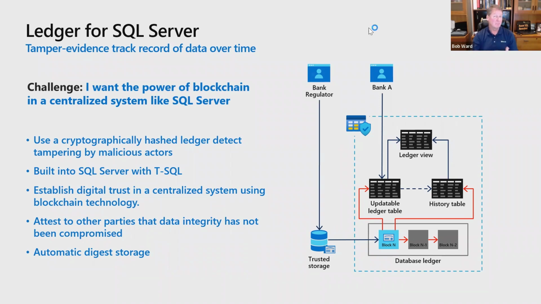Now, one of the scenarios that Peter loves to talk about, I've seen him do this before, is multi-party scenarios. What if you have multiple parties? Again, that decentralized trust factor, but you need a centralized system. That's where an append-only ledger could come into play, like a supply chain. I've seen Peter demonstrate this before, where you have multiple parties looking at the supply chain. You want to trust the data, but I don't trust anybody to go update the data. So I'm going to make it an append-only ledger table, only inserts allowed.